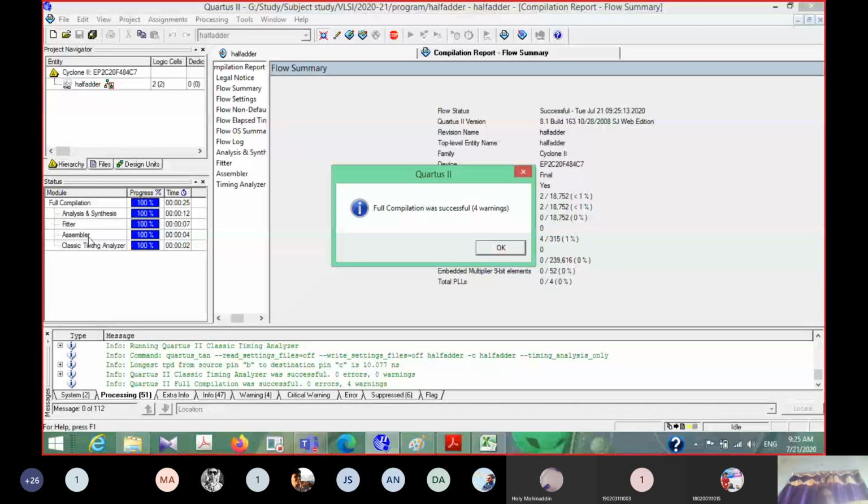Next step is the assembler. In the assembler, as we know, it generates the programming file. And the next step is the classic timing analyzer. It will generate the report of propagation delay between the input and output pins. So from all the input pins to all the output pins, right?